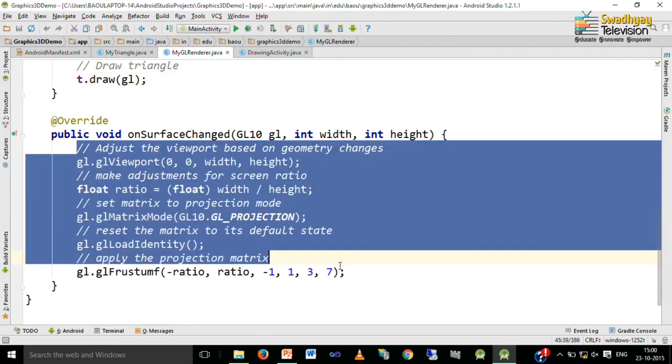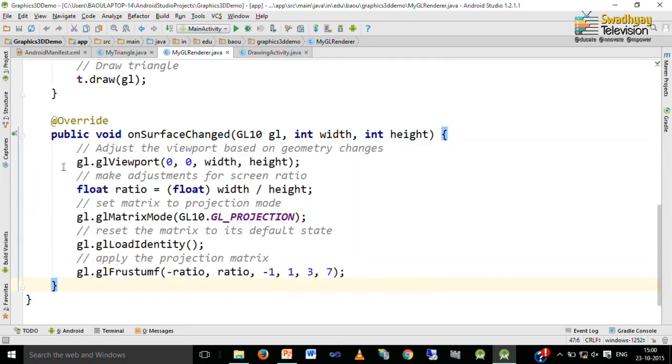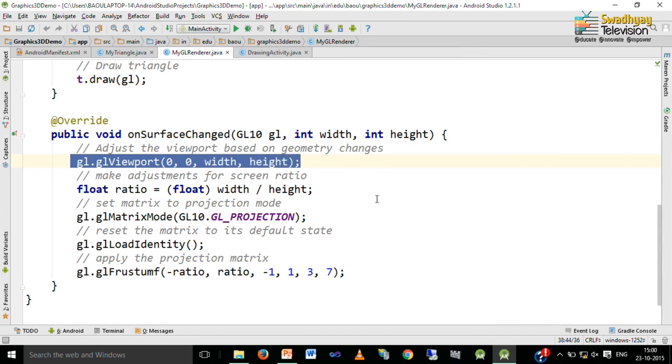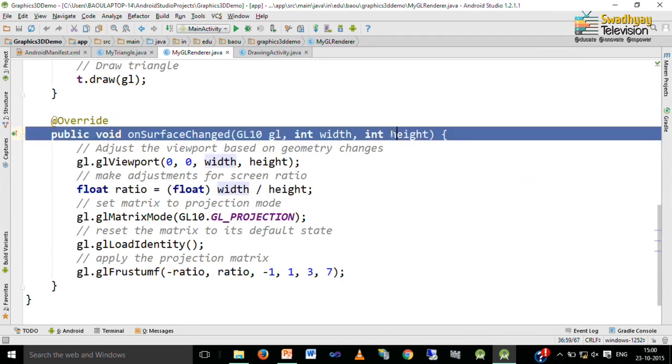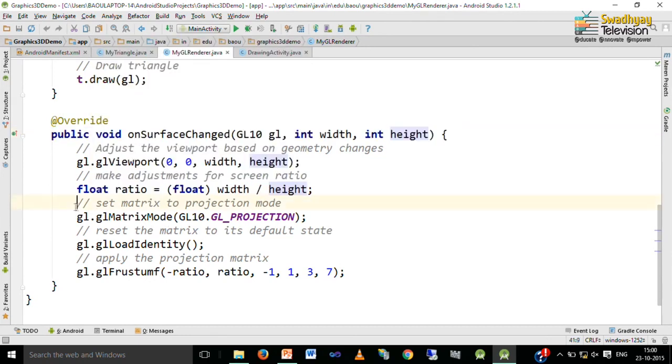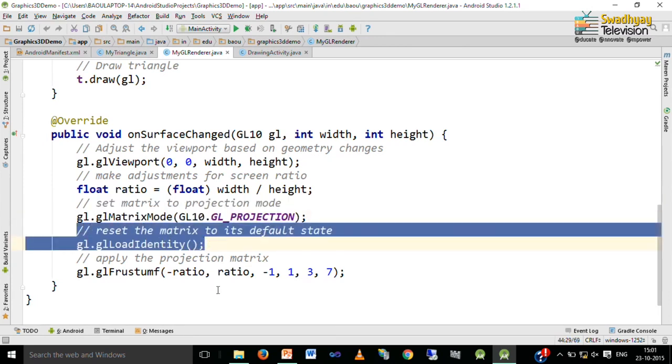The last method is onSurfaceChanged. It is called, for example, when I change my orientation from portrait to landscape. First we adjust the viewport based on geometry changes by using the glViewport method, specifying left, top, width and height. We calculate the new screen ratio using the width and height, which are arguments of this method. Then we set the matrix to projection mode and reset the matrix to its default state using the glLoadIdentity method.